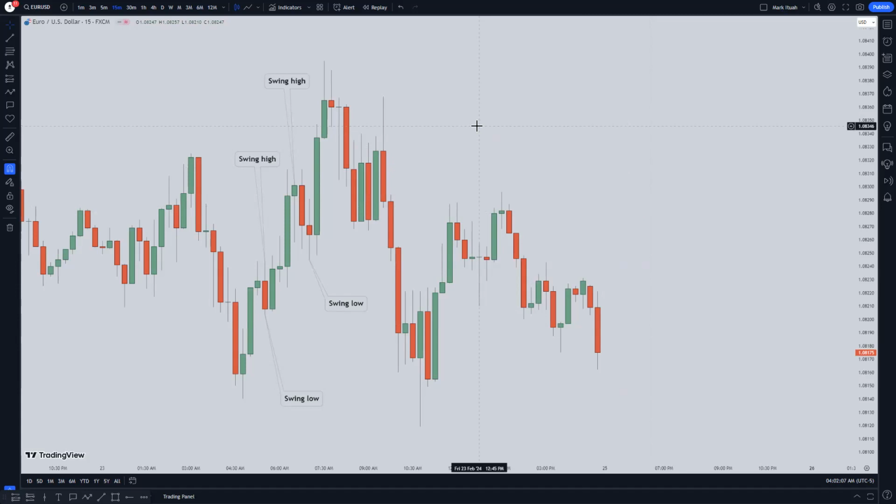So swing points also help us to identify market structures. When it comes to market structure, we're talking about higher highs, higher lows, lower highs, and lower lows. So these swing points help us to identify the market structure. This gives us a defined approach to identifying market structure, because without swing points, price would just be moving in a